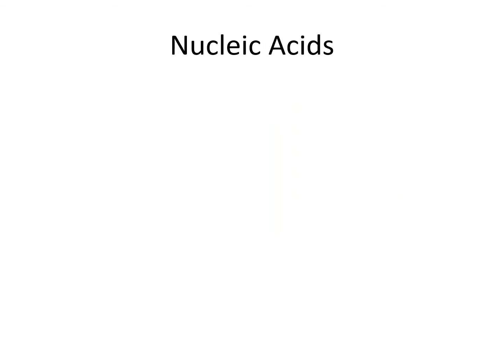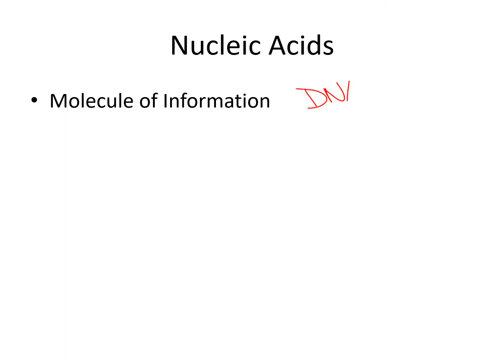Nucleic acids are one of the 4 types of macromolecules that make up all living things, and the role of nucleic acids is to serve as the molecule of information for the cell. And the 2 most common types of nucleic acids that we talk about are DNA, standing for deoxyribose nucleic acid, and also RNA, ribose nucleic acid. And like all macromolecules, DNA and RNA are composed of similar subunits that are linked together by